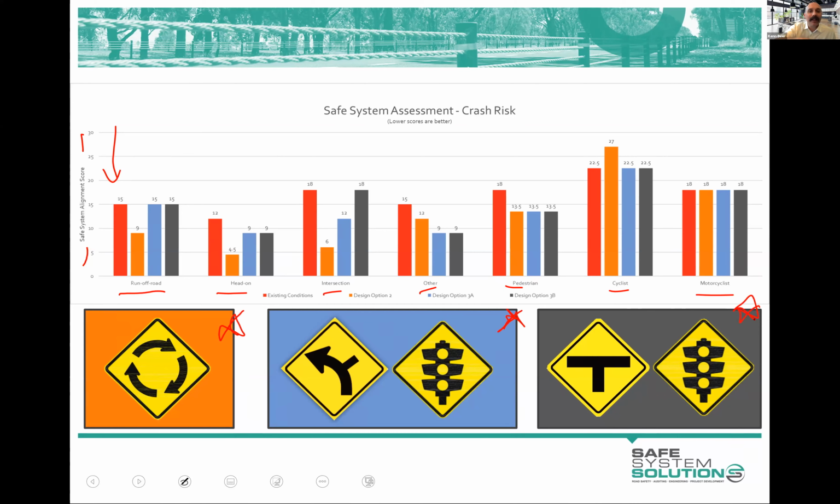And then somebody's analyzed those designs, done the process that I'm going to show you through, scored everything, and now are able to produce these scores, which is saying that for run-off road crashes, it appears the roundabout actually comes out better, so that's interesting. Roundabout's better for head-on, roundabout's better for the intersection crash score, roundabout's better for,